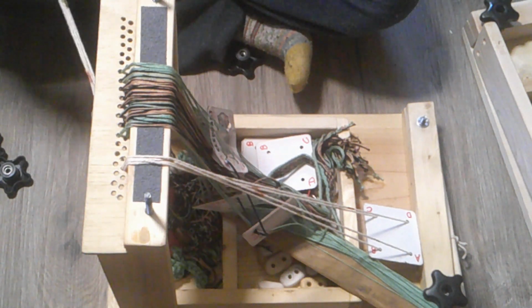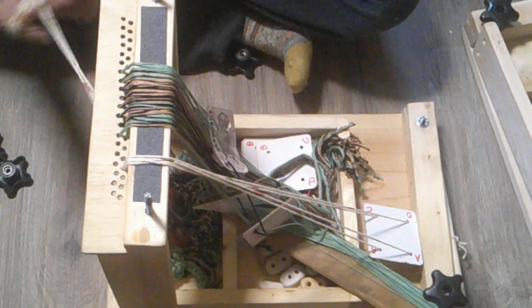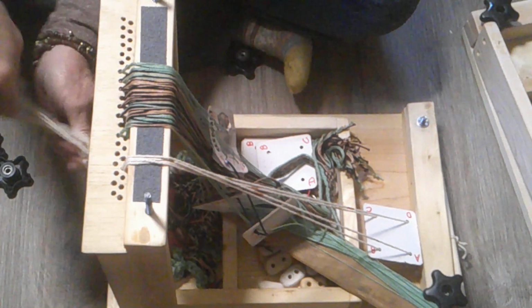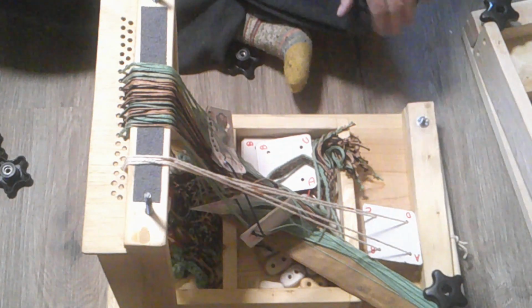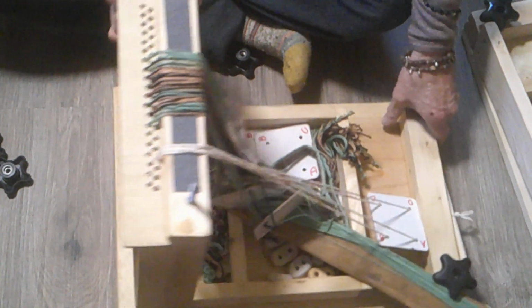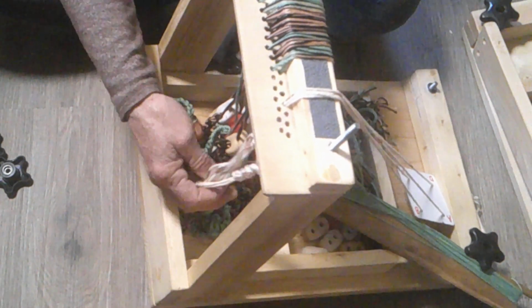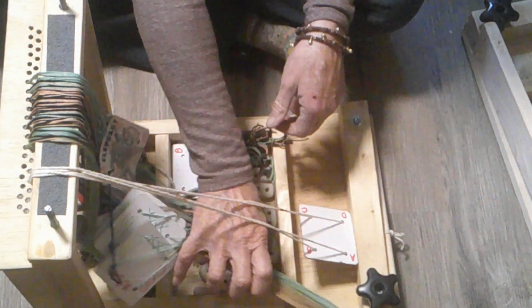So I'm going to go ahead and chain this up. And then I would go on to the next card. And I like that I built kind of a box, because when you have long threads, they can just sit in there and they stay out of the way. And then this box comes in handy for